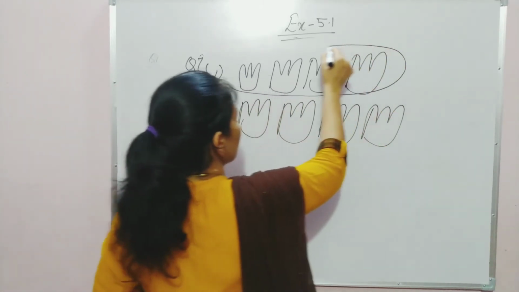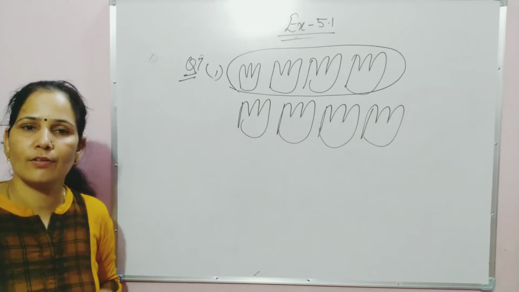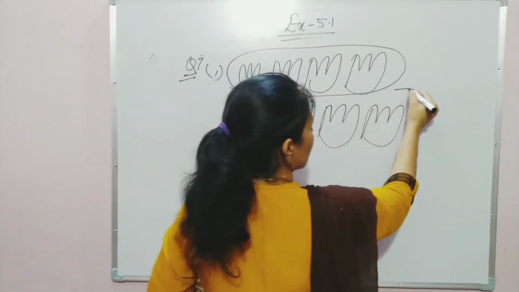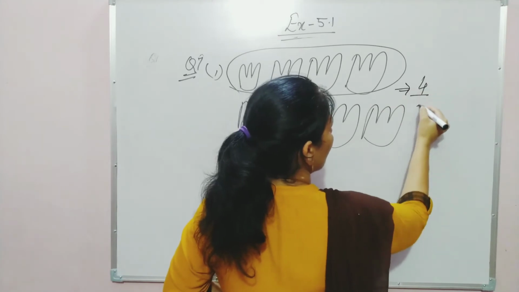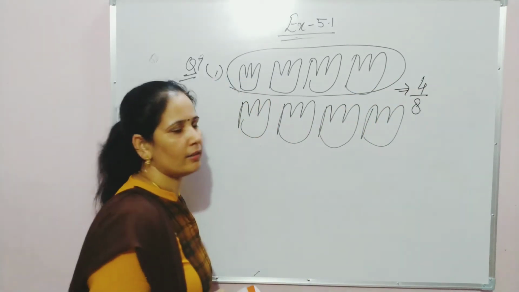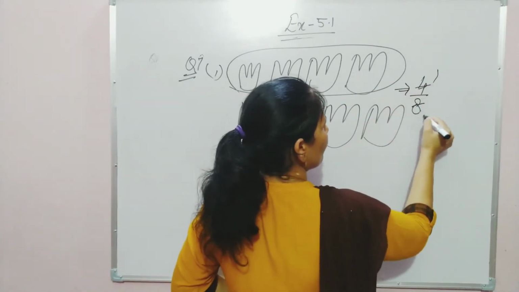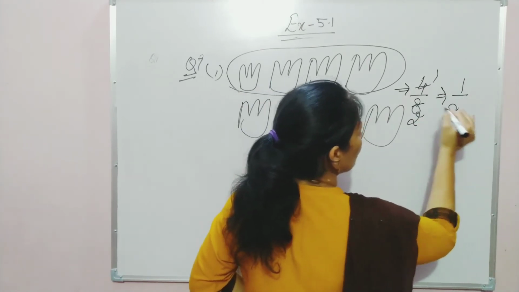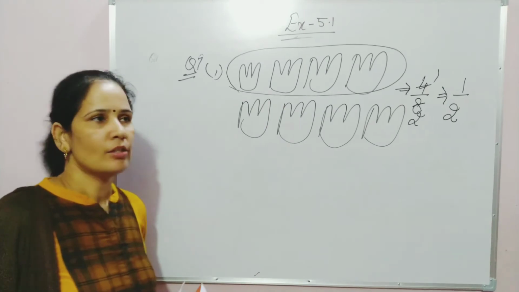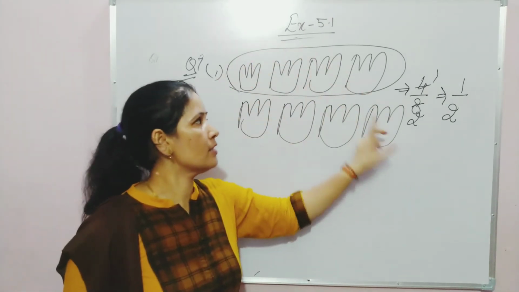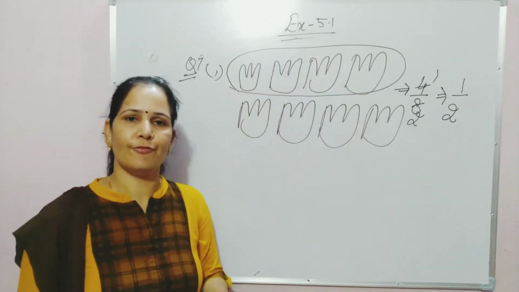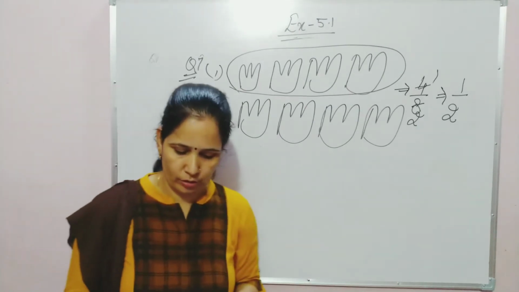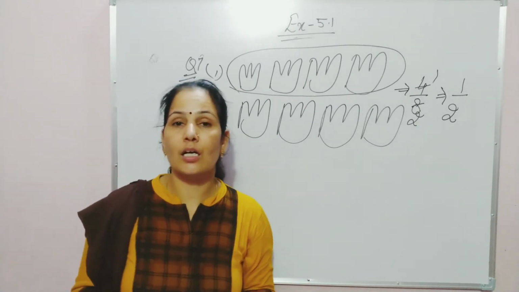Then circling half means 4 pictures, and we circle the 4 pictures. The fraction is 4 by 8, and 4 ones are 4, 4 twos are 8. Now the fraction is 1 by 2, that is half. So half of this is 4, and we have circled the 4 pictures. And the rest, second and third part, you have to solve by yourself, because they told a third of the shapes.